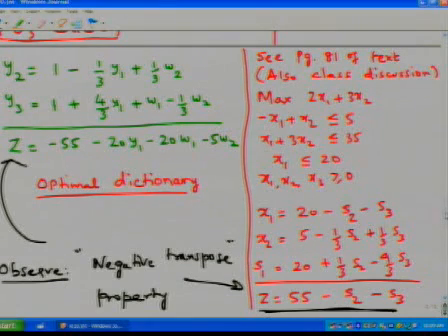So the C vector is going to be 2, 3, 0, 0, 0. So this is the coefficient of the corresponding x in the objective function. So x1 has a coefficient of 2, x2 has a coefficient of 3, s1 has a coefficient of 0, s2 0, and s3 0. So a constraint matrix, the A matrix,